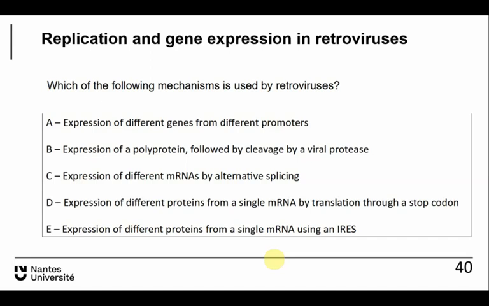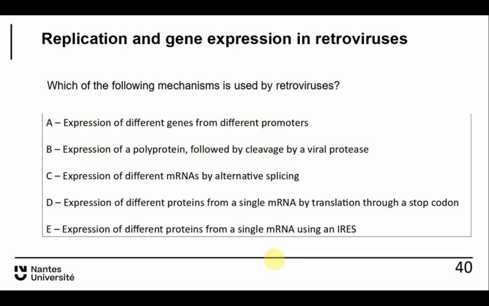Single spliced or multiple spliced at the end when the accessory proteins are expressed, while GAG and GAG-POL are expressed from the unspliced genomic RNA. You get different proteins from a single mRNA by translating through a stop codon. Who says yes? Yeah, that's right. You can express different proteins from a single mRNA using an IRES, internal ribosome entry site. Who says yes? You're right, doesn't happen. Okay, so